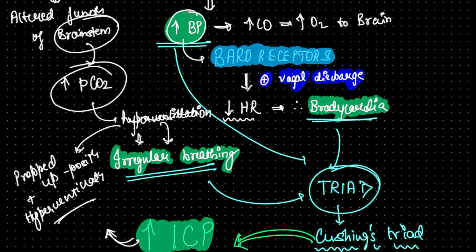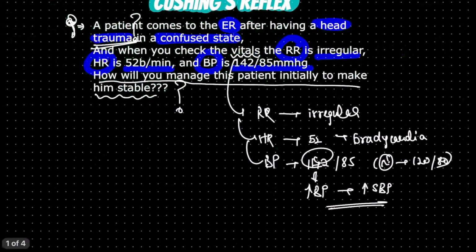Now let me tell you, this irregular breathing in Cushing's or in head trauma is Cheyne-Stokes breathing. Now, did it ring a bell? This is Cheyne-Stokes breathing. That is, there is deep inspiration followed by a few episodes of apnea, and then again this repeats. So you need to give the patients IV mannitol and proper position, make them hyperventilate, and treat any other underlying condition. If there is any intracranial infection, treat the underlying cause. So this would make the patient stable.